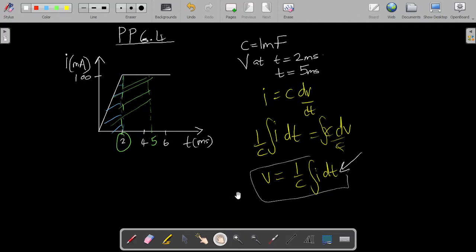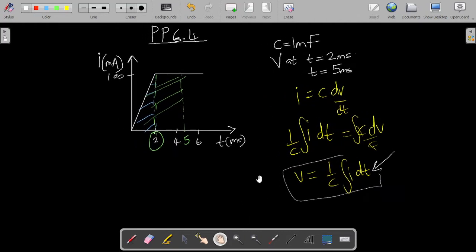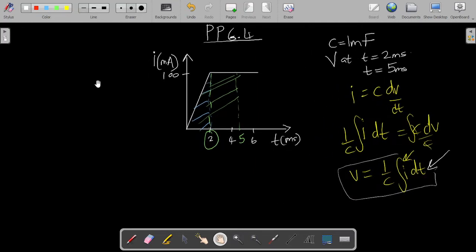Now to compute the integral using the formula directly, we have to find the formulas, right? So we have to find the formula of the graph, what represents the graph, so that we can actually put it in there in place of I and find the integral. So let's start with the first region, between 0 and 2 milliseconds. Now in this region, let's find our formula. That would be this line. We have a line here, and we want to find its formula so that we can use it to find the voltage at time equals 2